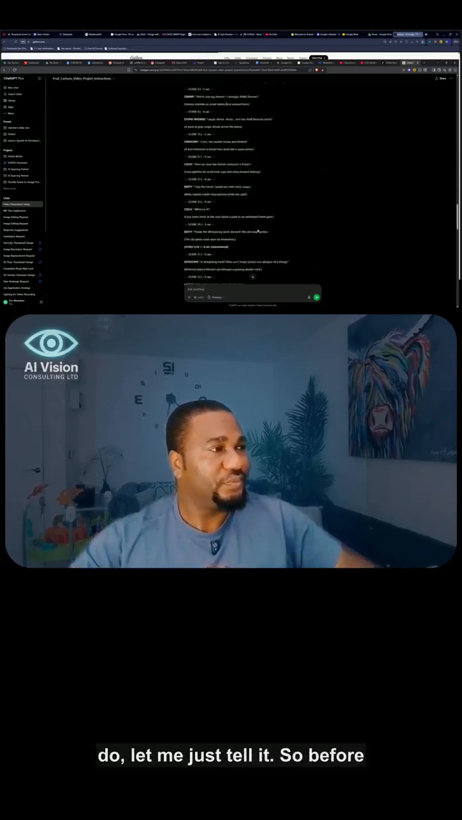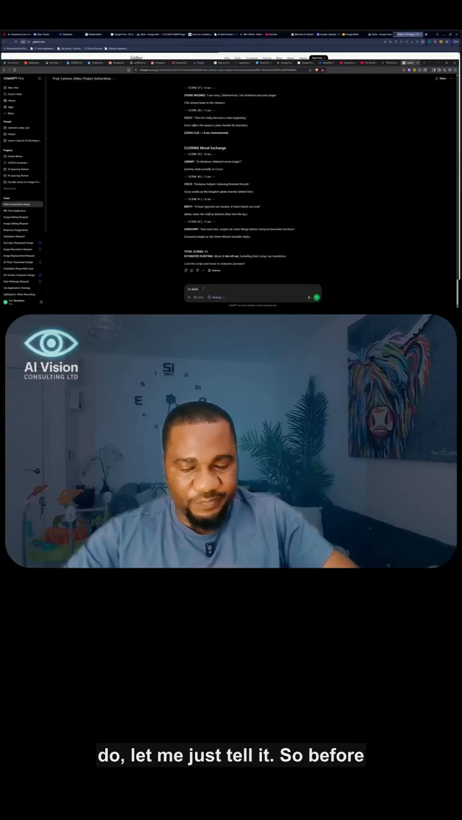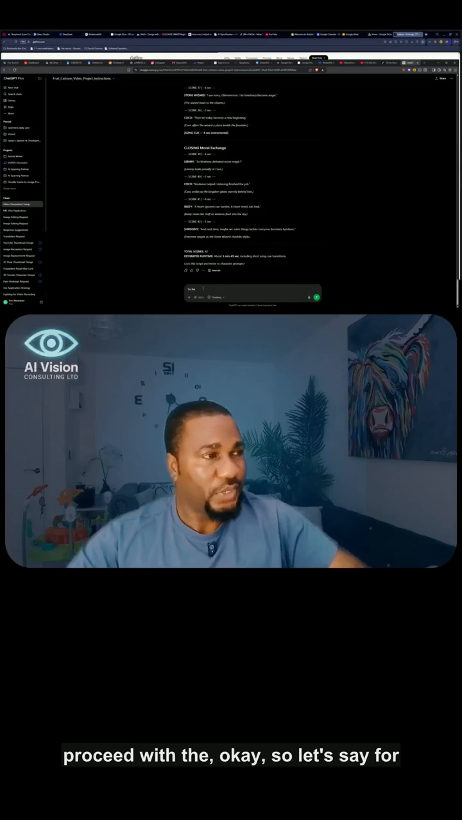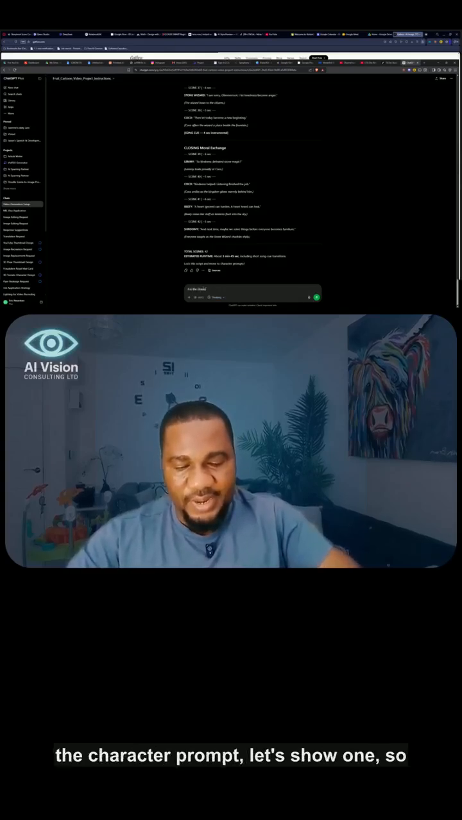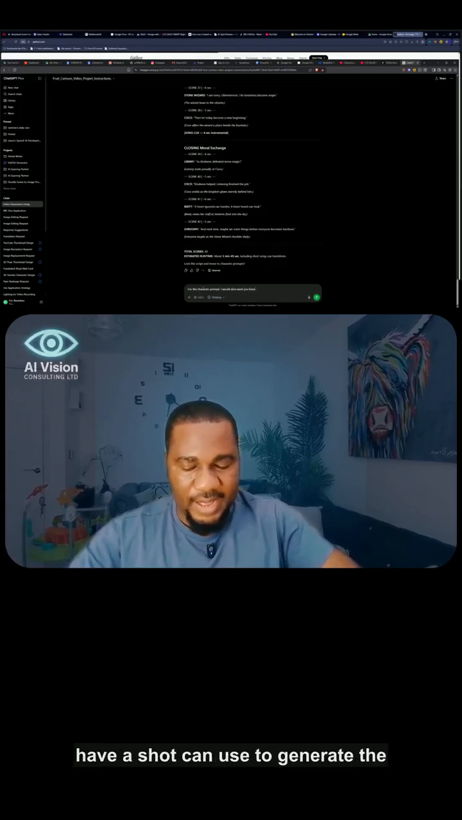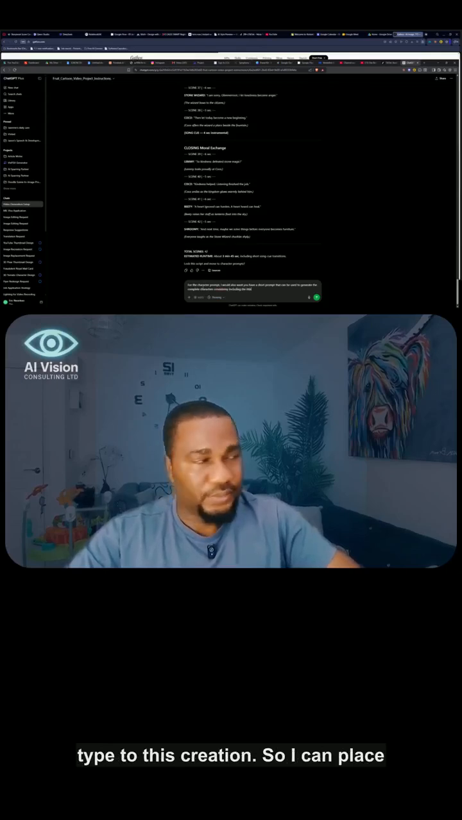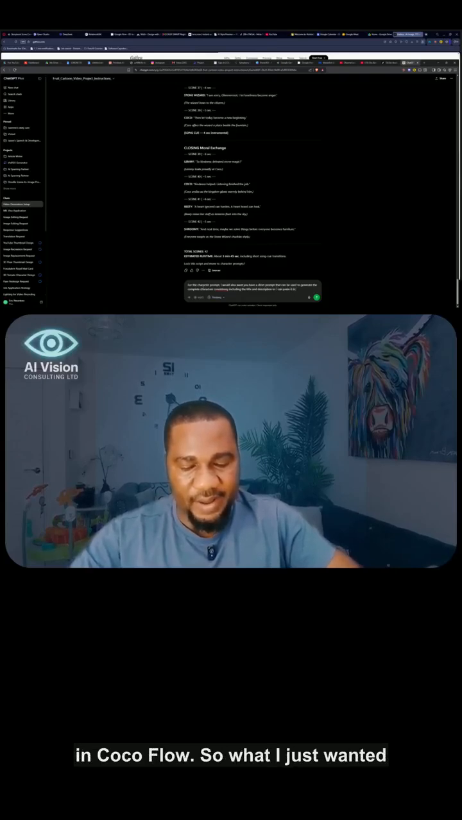Okay, so what I'll just do, let me just tell it, before we proceed: for the character prompt, I would also want a short prompt that can be used to generate the complete character consistency, including the title and description, so I can paste it in Google